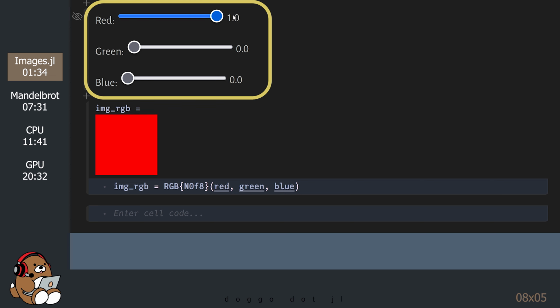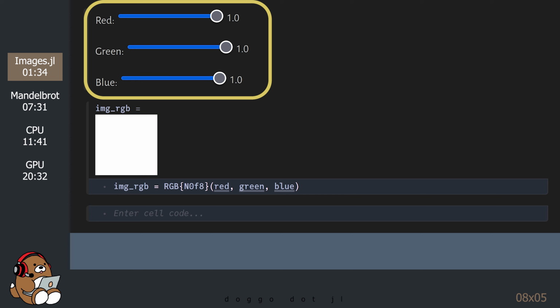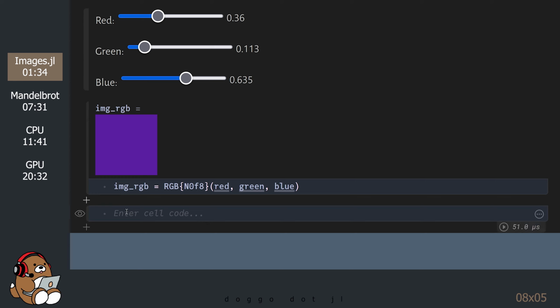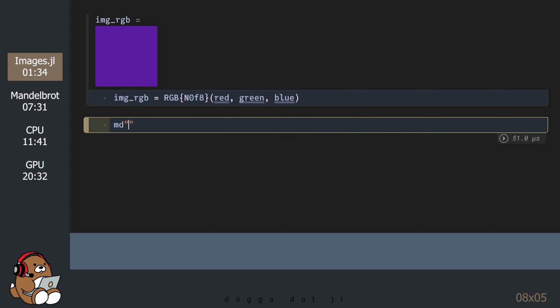When all of the values are 1, then the image is white. You can combine the values to generate any visible color. Cool, right? You can convert a Julia matrix into an image by extending these concepts.